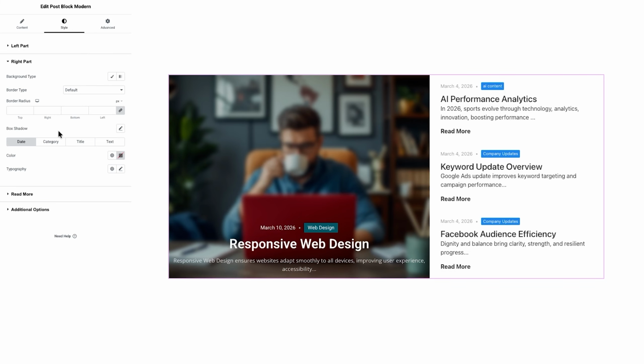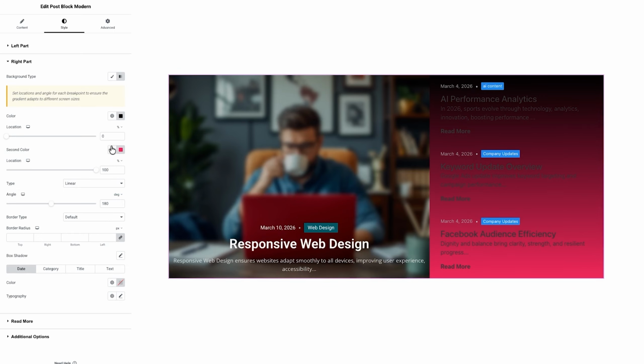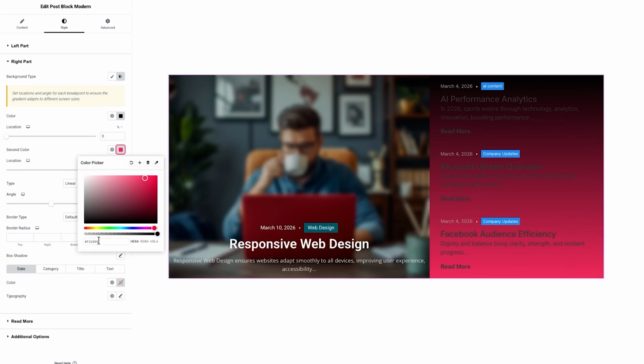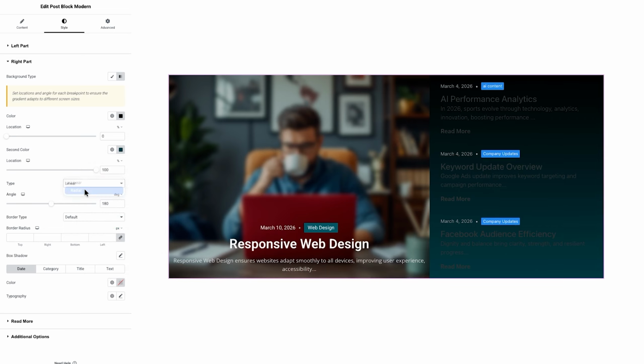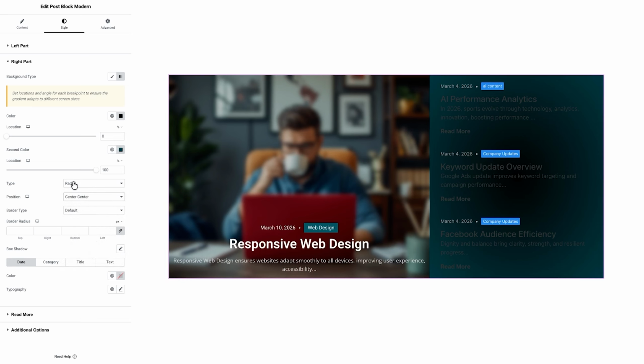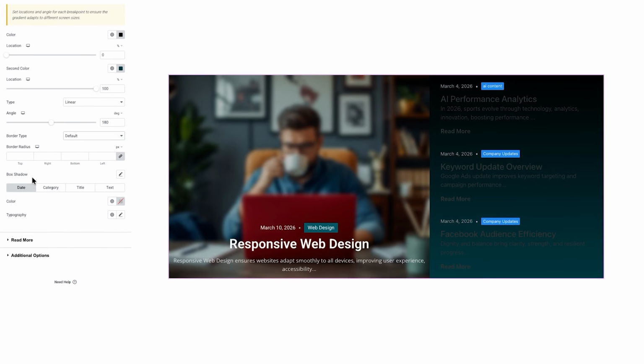The next major section is the right part, which complements the left side and helps create a balanced, structured layout. Here you can start by choosing the background type, either classic or gradient. If you select gradient, you'll be able to customize the colors, adjust their locations, and choose between linear or radial styles. You can also set the angle for precise control over the gradient direction. Additional styling options include border type, border radius, and box shadow, allowing you to maintain a cohesive design across both